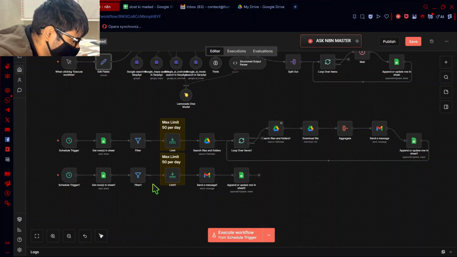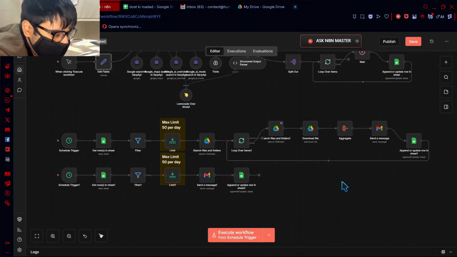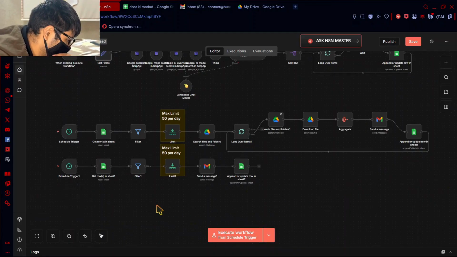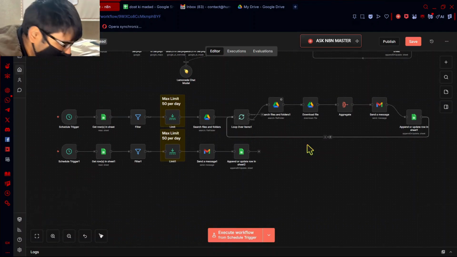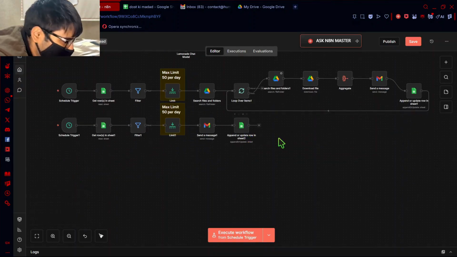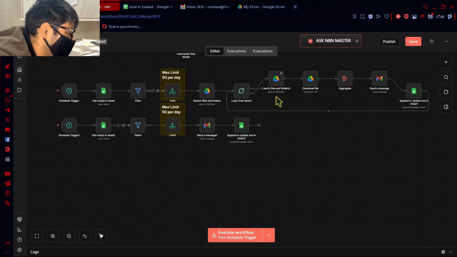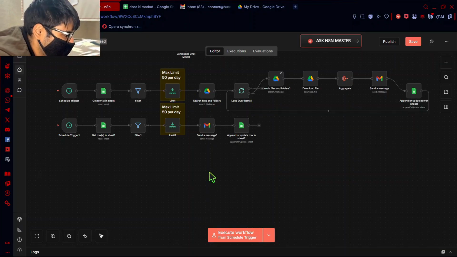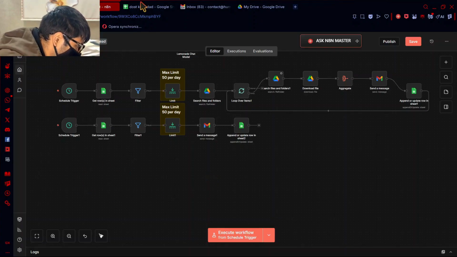So I have created these two types of automation, and this automation is for my friend also, so I am using his automation as a demo for my content. What do these two do? Let me explain. First we will go through the smaller one, as it is part 1, and then the bigger one, as it's part 2. The bigger one is actually more useful, and the smaller one is not as useful as the bigger one. It depends on preference. So let's go through the sheet.